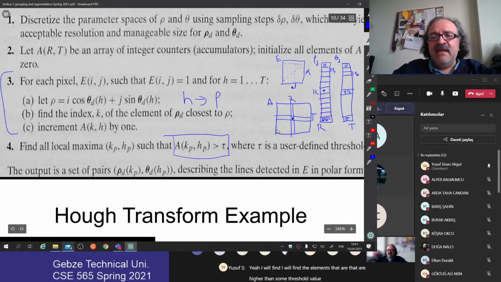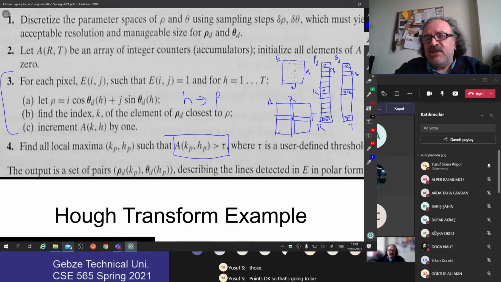Let's say anybody who has more votes than 30 votes should be okay. I will get those points. Okay, so that's going to give me just two integers. Those two integers are not my